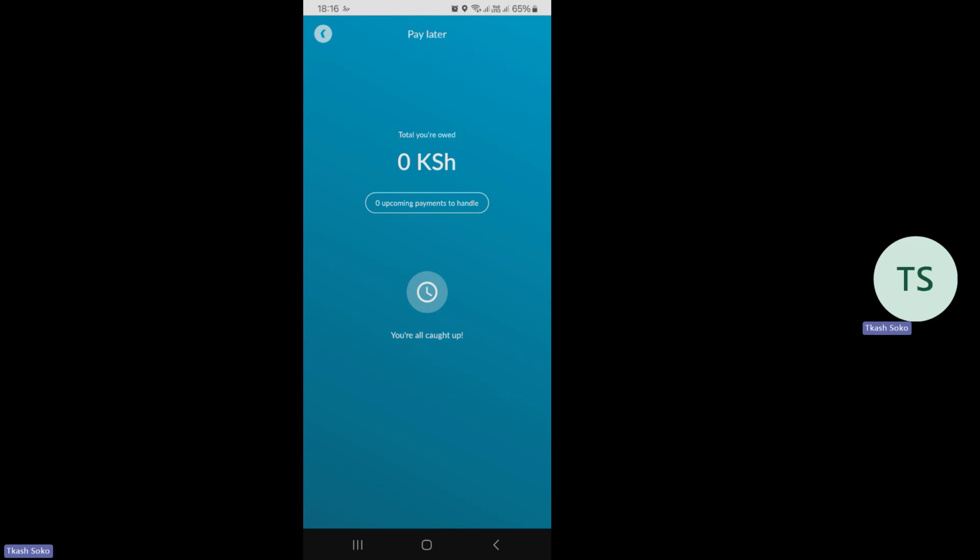As if that is not enough, we have learned that Tcash will be allowing us to give items on credit in a smart way. Why? Because it will be having information about our customers. And because it has information about our customers, it will be putting them on certain credit levels. And we will therefore be in a position to, of course, give items on credit to our customers based on their credit levels or their ability to pay us for the items and services we give on credit. Because, truth be told, we have suffered bad debts in the past.